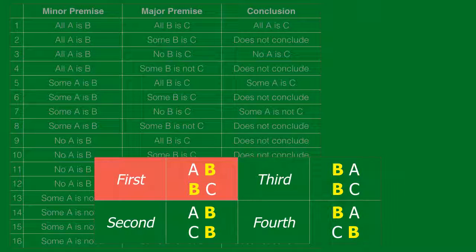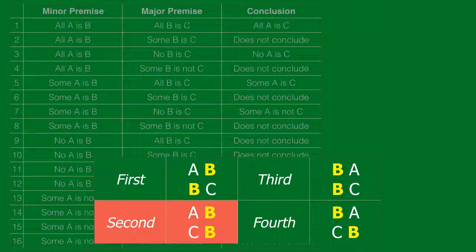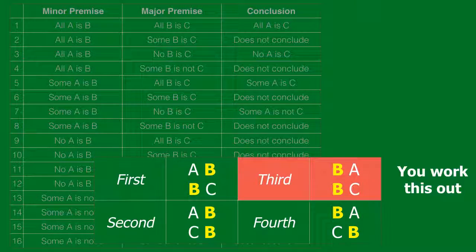So we've looked at the concluding modes of the first figure. We've looked at the concluding modes of the second figure. The concluding modes of the third figure are for you to work out. You need to actually try to do it yourself to get an idea of what's going on. If I just give you the answer, you'll see it from a distance, but you won't really appreciate it. So I want you to actually work this out, and our teaching assistant will help give you feedback on your answers. And the fourth figure, because it's so unnatural, we just ignore it. We won't work with the fourth figure.